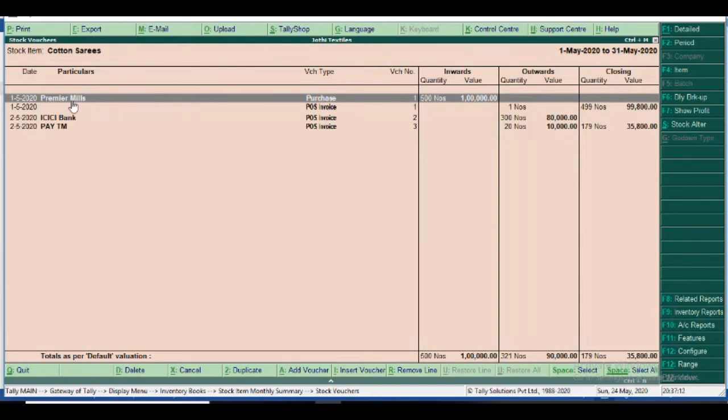Okay, first, the inward 500 numbers from Premier Mills is a purchase voucher. We do some POS invoice. The second is we don't know the name. Okay, one number, 499 numbers, something amount, balance amount. Totally the second day closing is 179 numbers, the value is 35,800. Okay, easily we enter